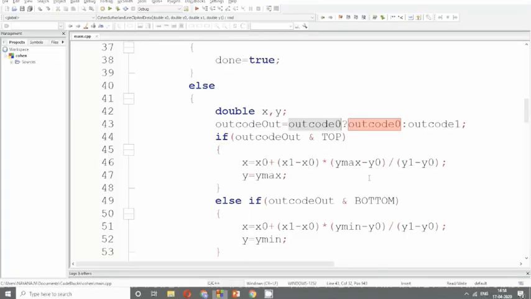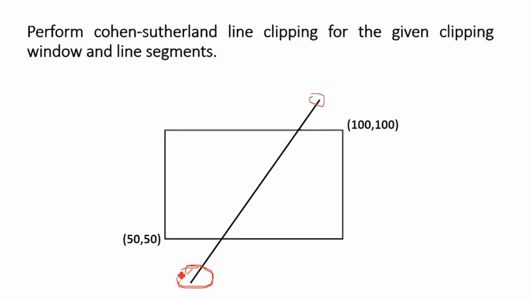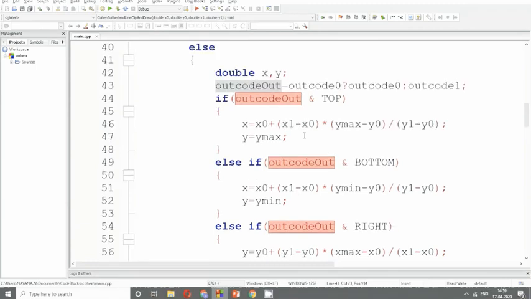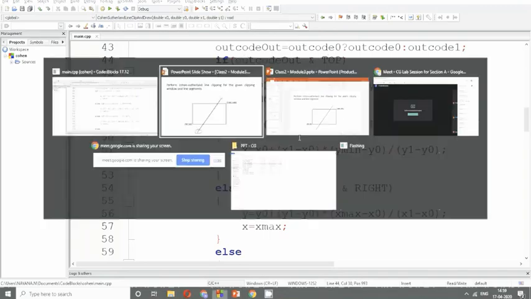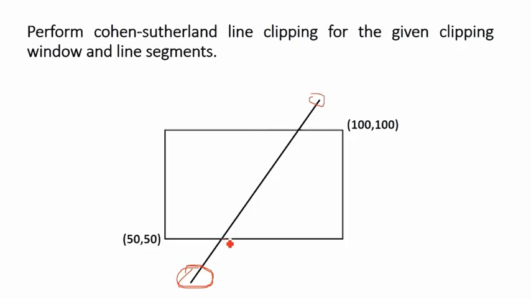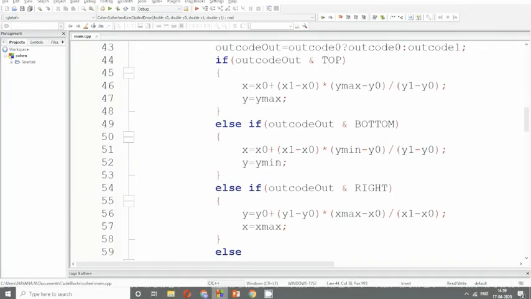Since outcode 0 is equal to the bottom region, it is some nonzero integer value. This will be true. Because this is true, outcode out will consider outcode 0. So outcode out will be equal to outcode 0. So the current processing that I am doing is with respect to this bottom point. Now for this bottom point, I'll see if it is AND with top. It is not. It is AND with bottom. Yes, it is. Since it is AND with bottom, I'll get this intersection point as x and y.